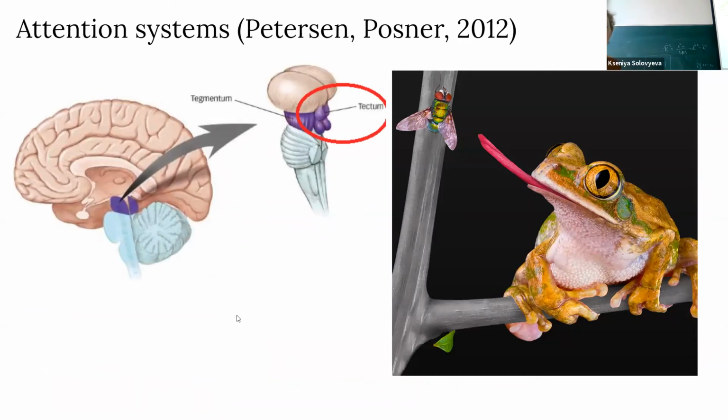is connected with the frog, because as you know, the frog hasn't got such a huge and marvelous cortex as we have, and it just has this part of the brain. We also have this part of the brain. We call it the tectum, and